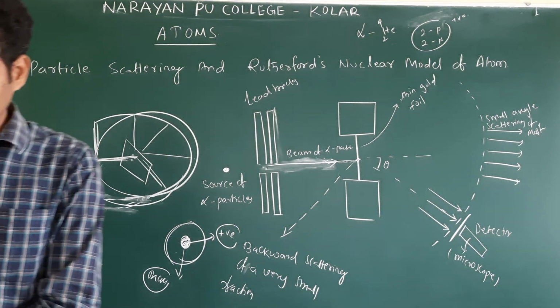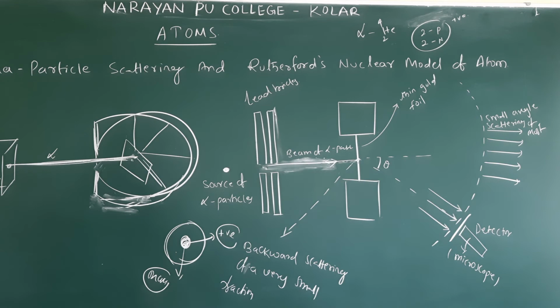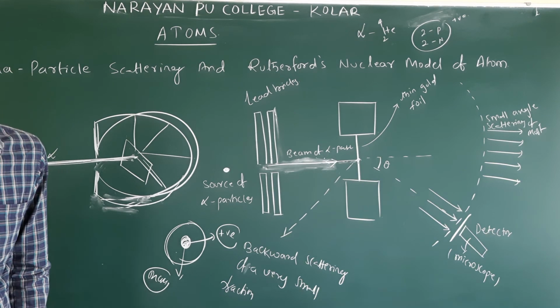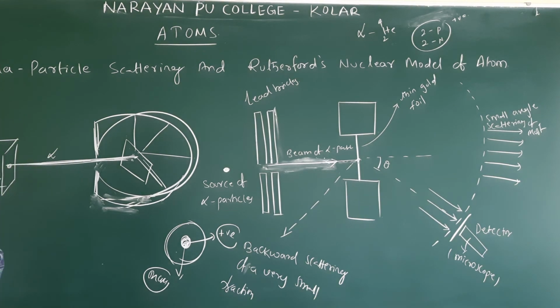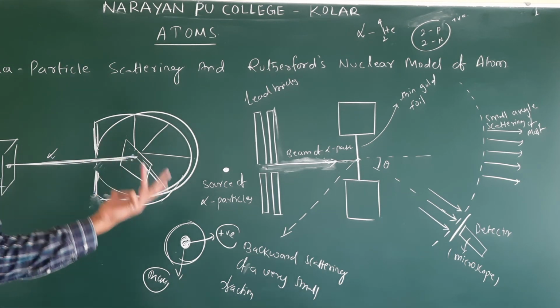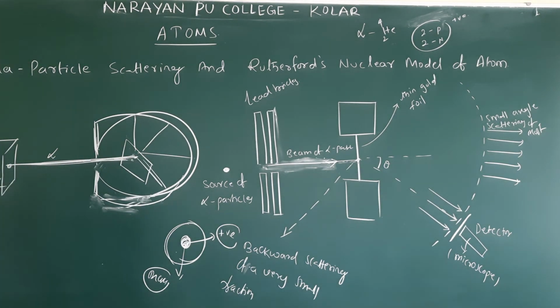What are the main points in Rutherford? The center portion is positively charged. Total mass is concentrated at the center. Electrons revolve around the nucleus like planetary motion. So that's why, first, what did he say? The center portion is the nucleus. That's why Rutherford is credited with the discovery of the nucleus. What did he say? The nucleus contains positive charge.